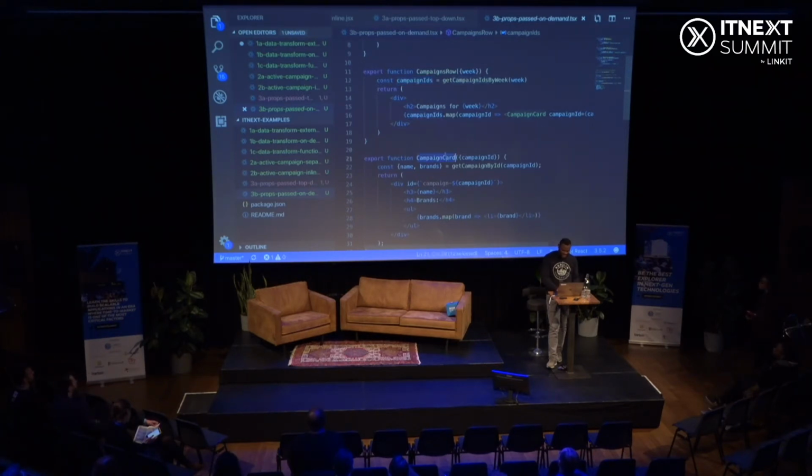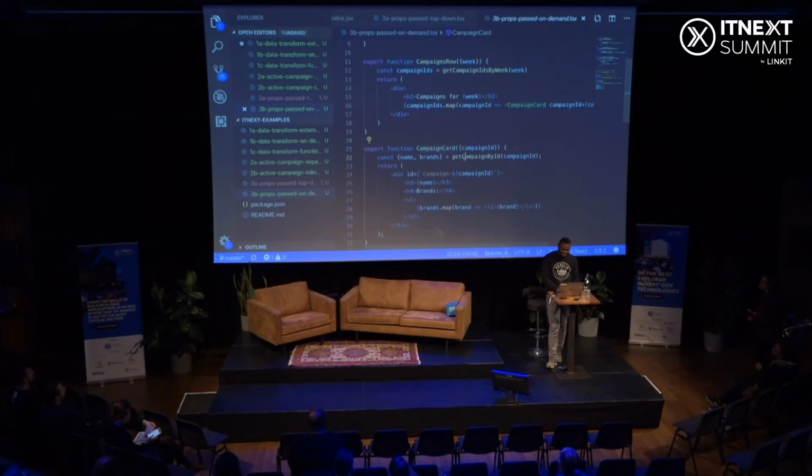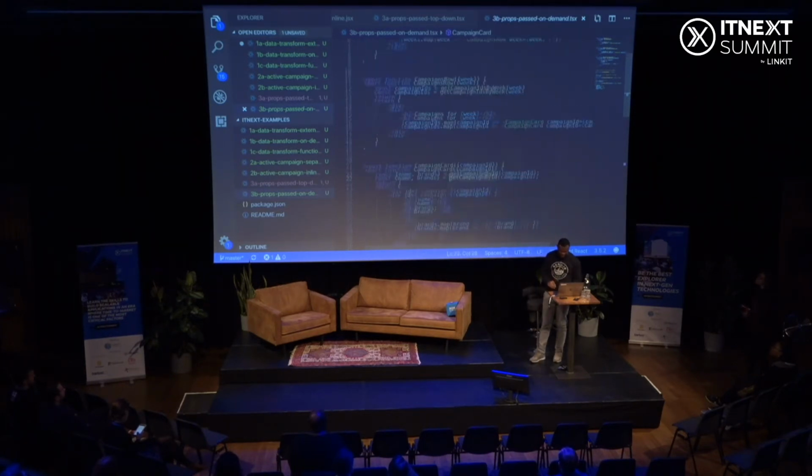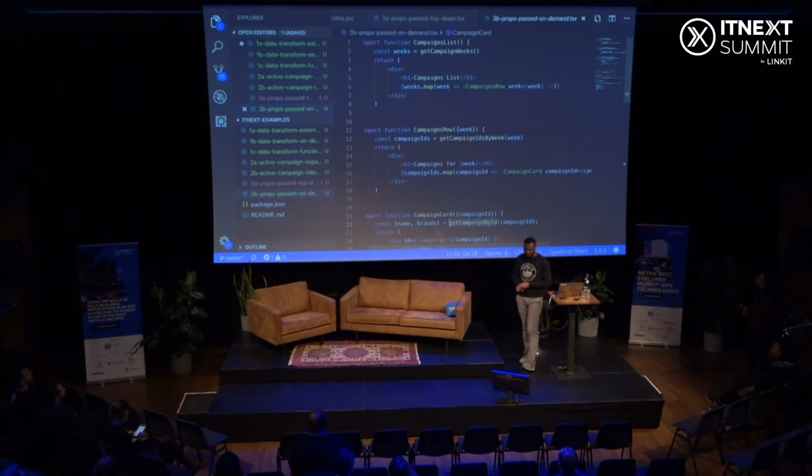Now the campaign card gets this campaign by ID and then renders it. So campaign row does not pass campaign to campaign card, but it passes campaign ID. And how could this affect your performance? How it affects performance is that sometimes you need to write some